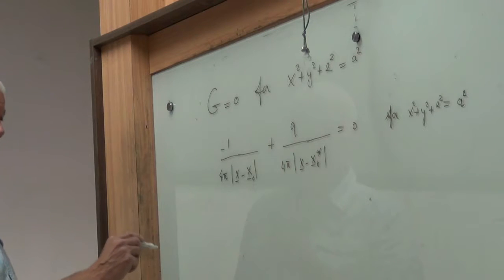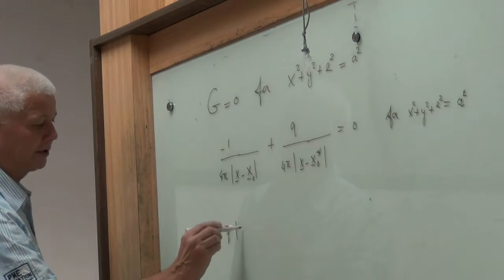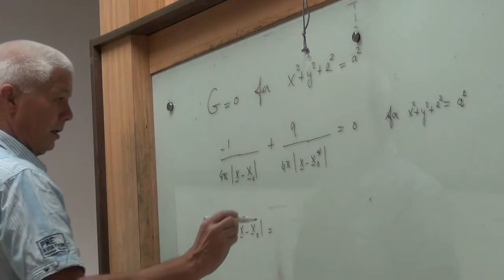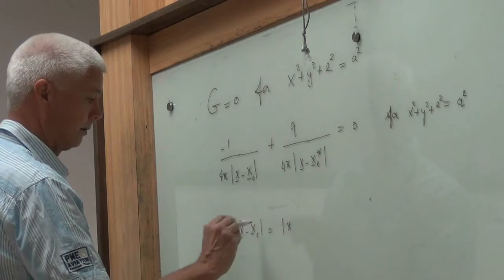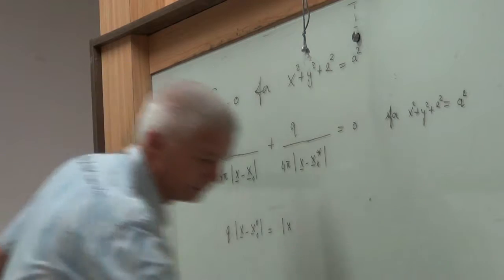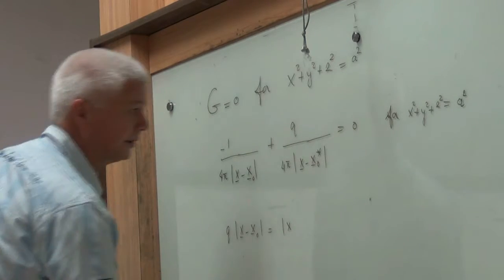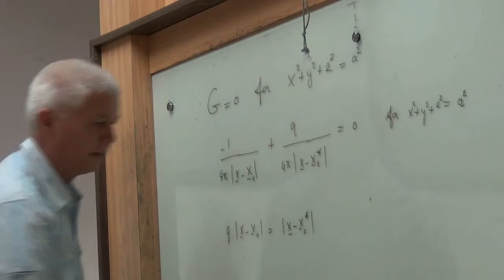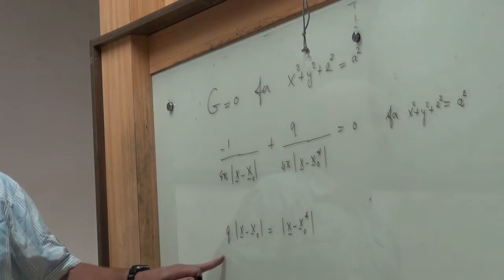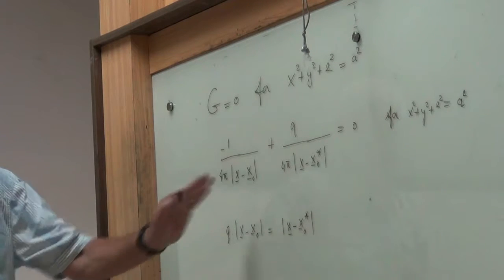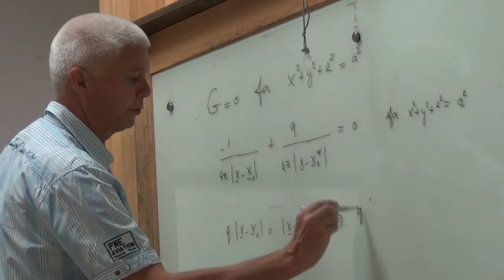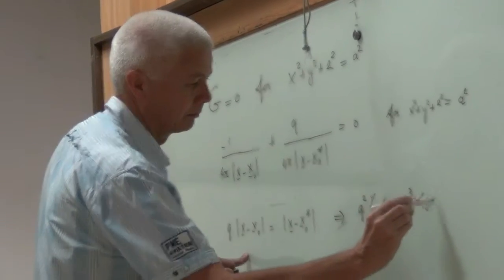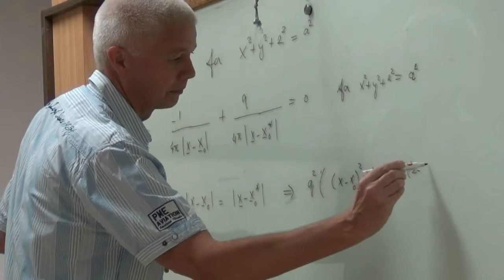Okay, so let's put this to the other side and then work out the denominators, and then you will find that Q times |x minus x0| should be equal to |x minus x0 star|. Then we square this expression because this is the square root of something, so we square. So we get Q squared times |x minus x0|